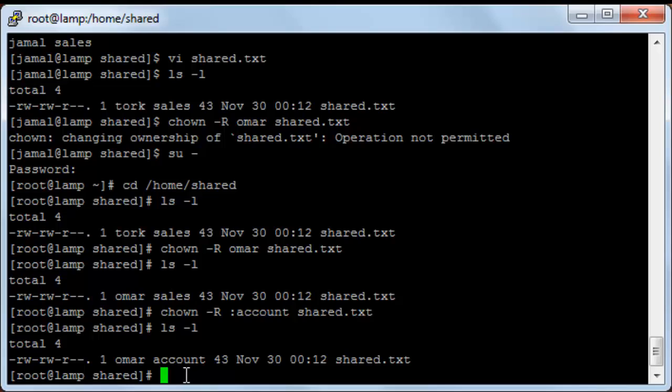you want any user on the server to have the permissions of reading and writing on this file, you must add it to this group over here under the name account. And by that we have learned how to change the permissions of files and directories and how to change the owner or group. Thank you for watching, and